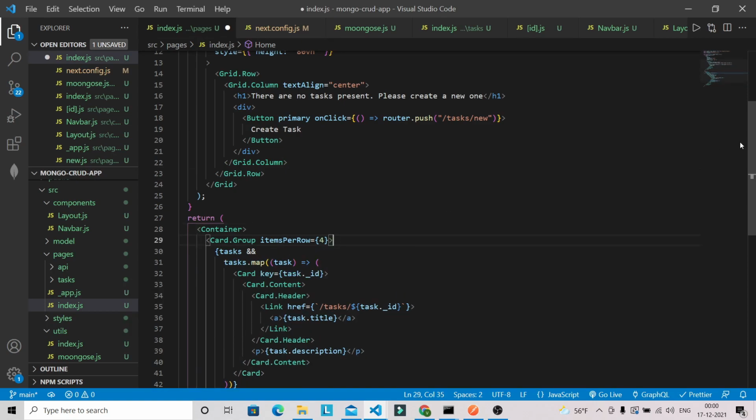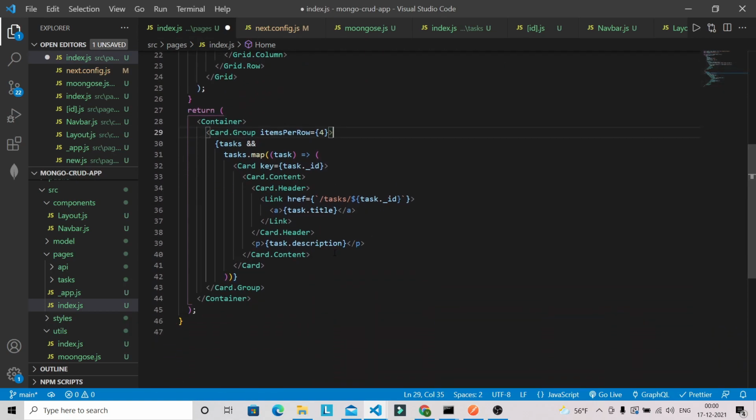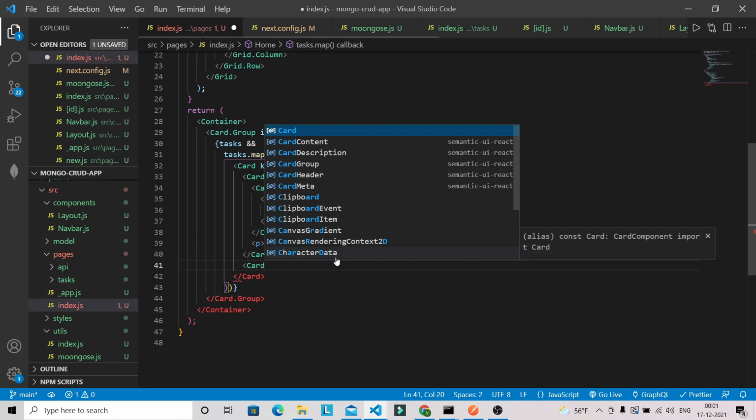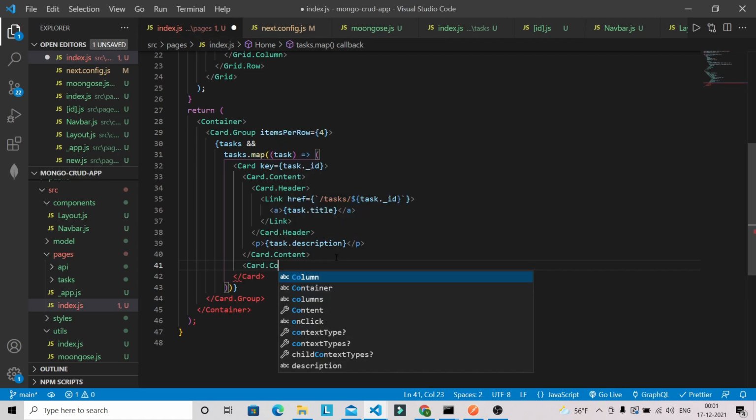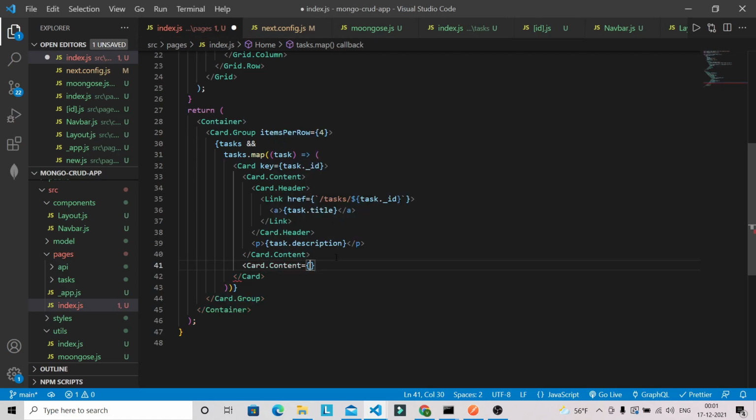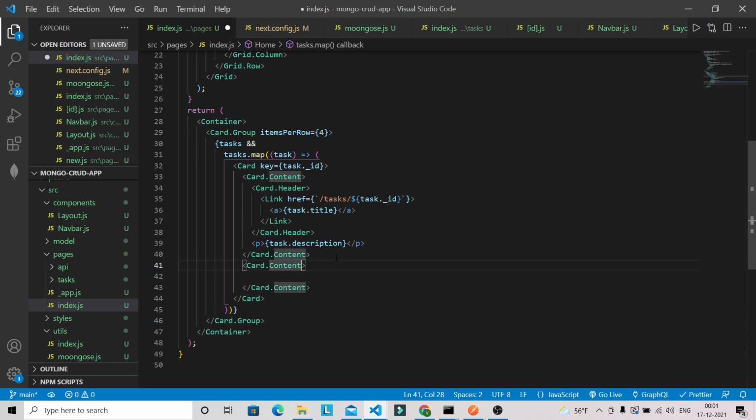And then we will have 2 buttons after this description. So again I'm going to use card content only. Let's give one extra prop, and we are going to have 2 buttons here.